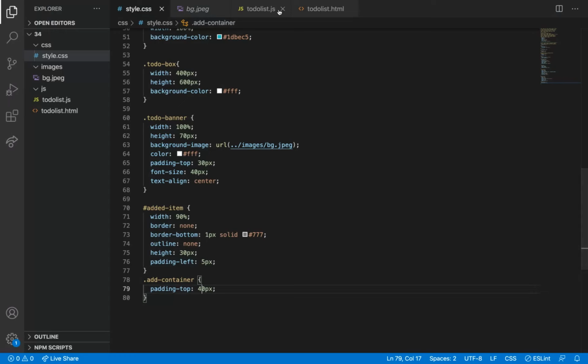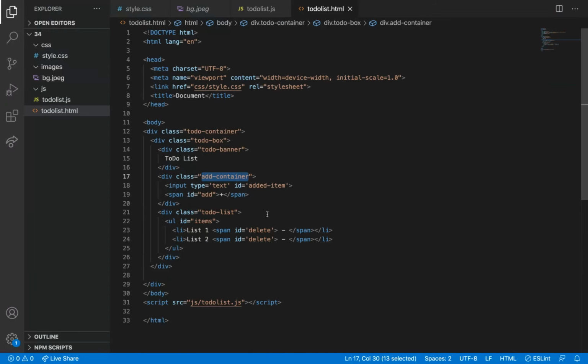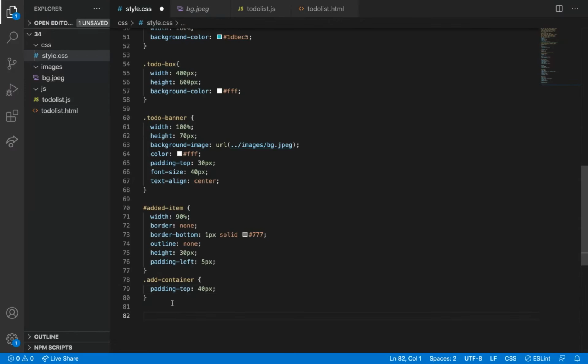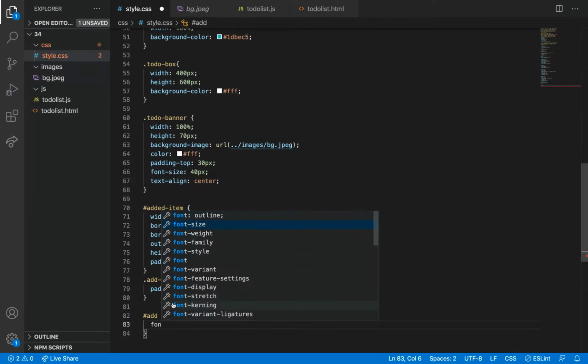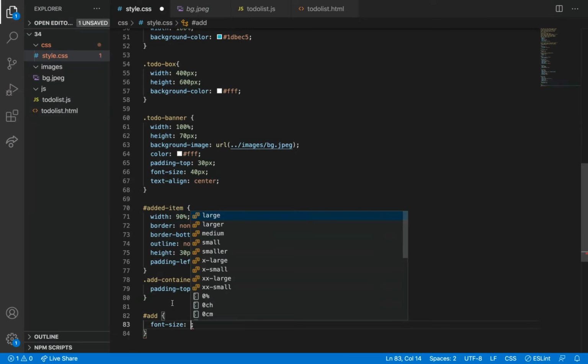Okay, so I'm going to style this plus icon too. So we have an ID. If you want, we can add a class to add font size 30 pixel.